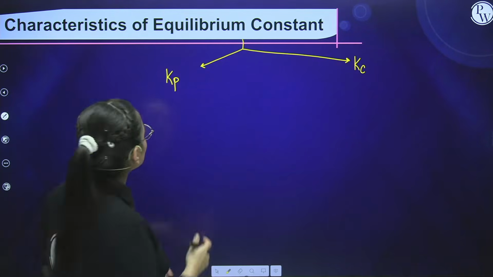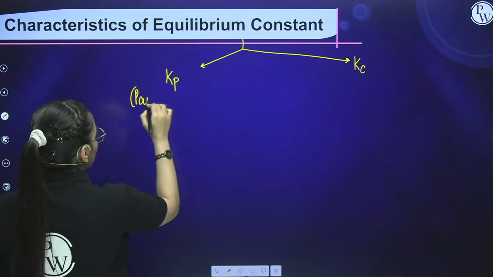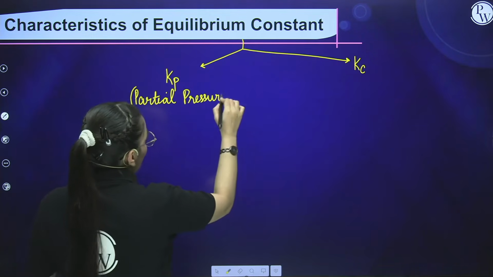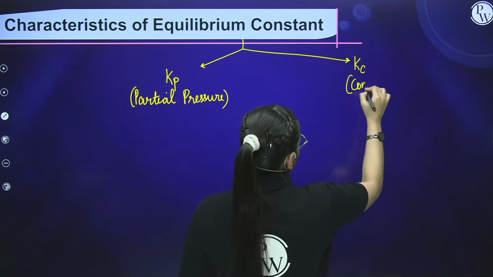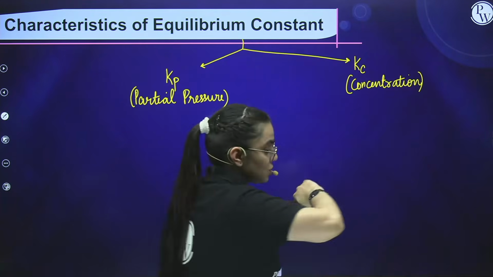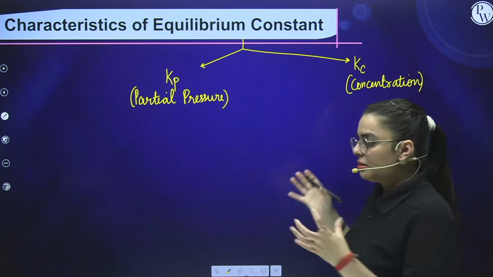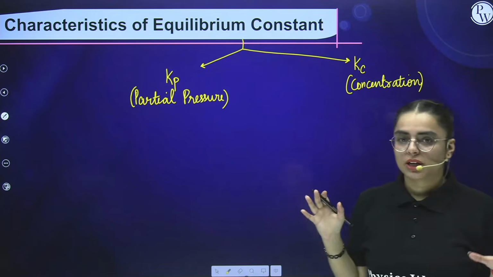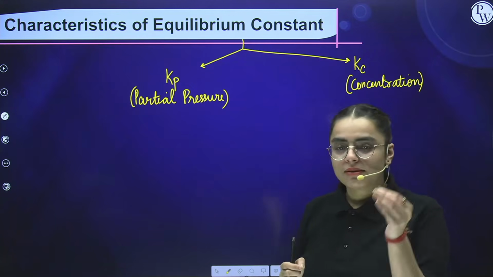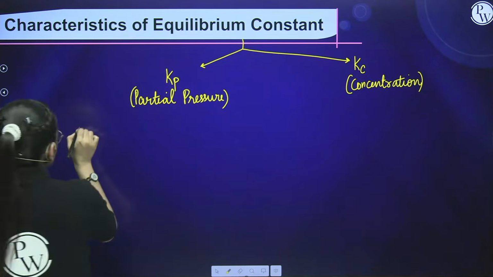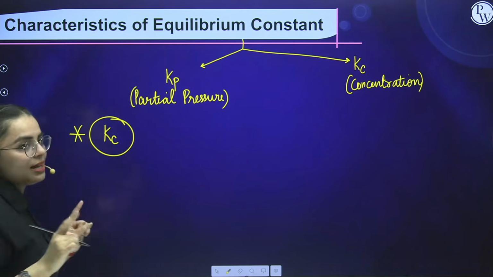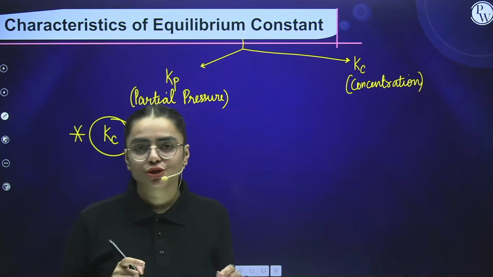Okay. Now, if I see over here, this is with respect to partial pressure. And this is with respect to concentration, right? So, ma'am, you'll ask me that, see, for K equilibrium, we have got a formula. Now, what are the formulas for Kp and Kc? How to calculate them? See, let us consider Kc first of all, because it is quite similar to K equilibrium. When I am talking about Kc, students, I am taking the stoichiometric coefficient as 1.